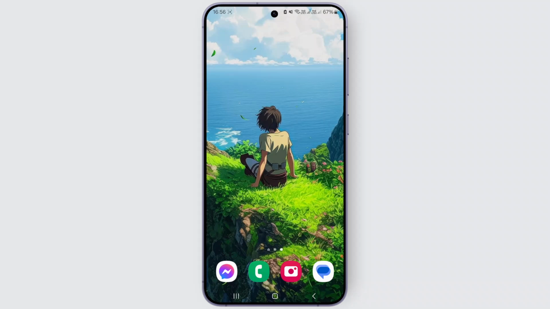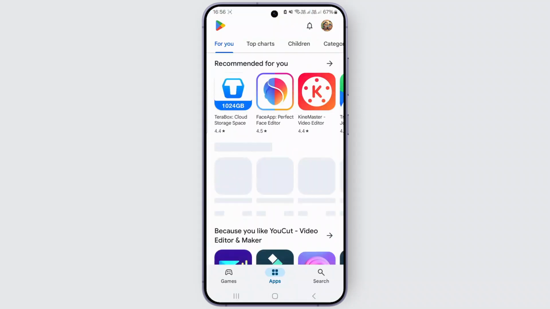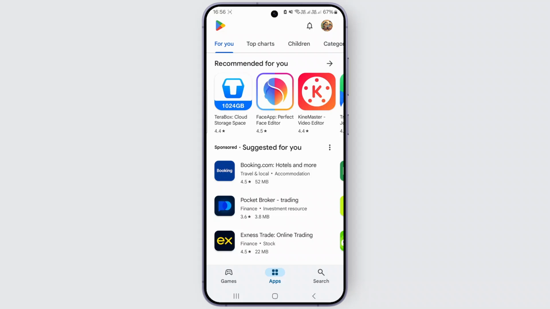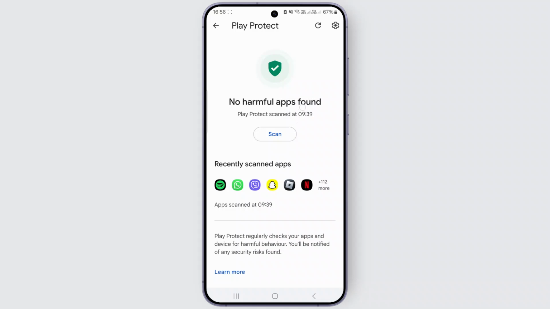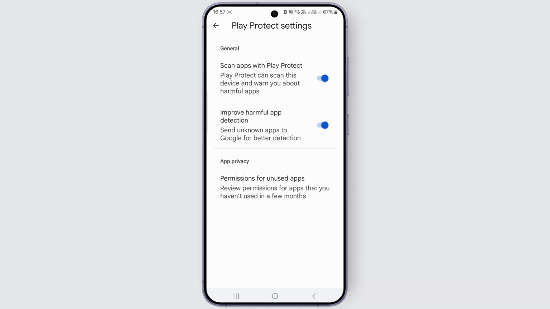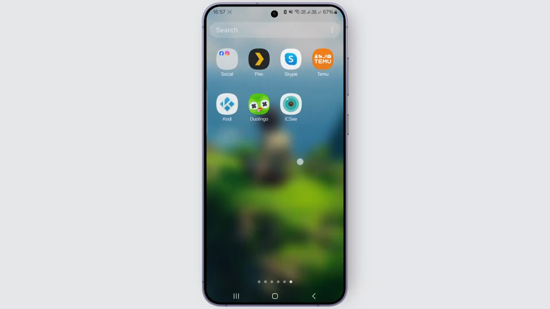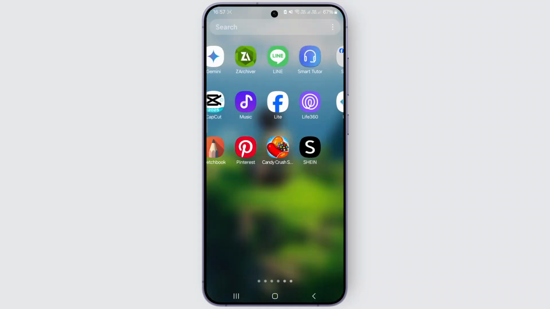So if you are also facing such an error, then the first thing you can do is simply head over to your Play Store, and under your Play Store just tap on the profile icon at the top right and head over to your Play Protect, and by default under your Play Protect just tap on the settings icon and make sure you disable these two options, as they're turned on by default on your device. Once you disable both of those options, try restarting your WhatsApp, and if it's still not working, then what